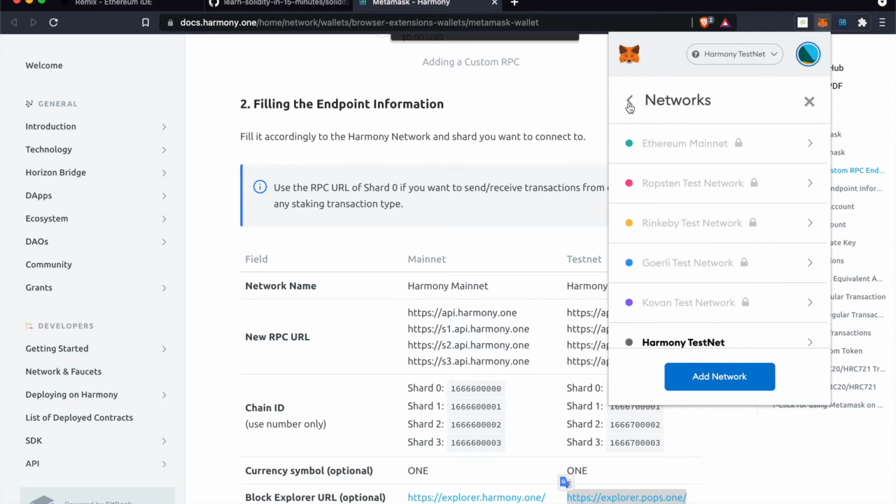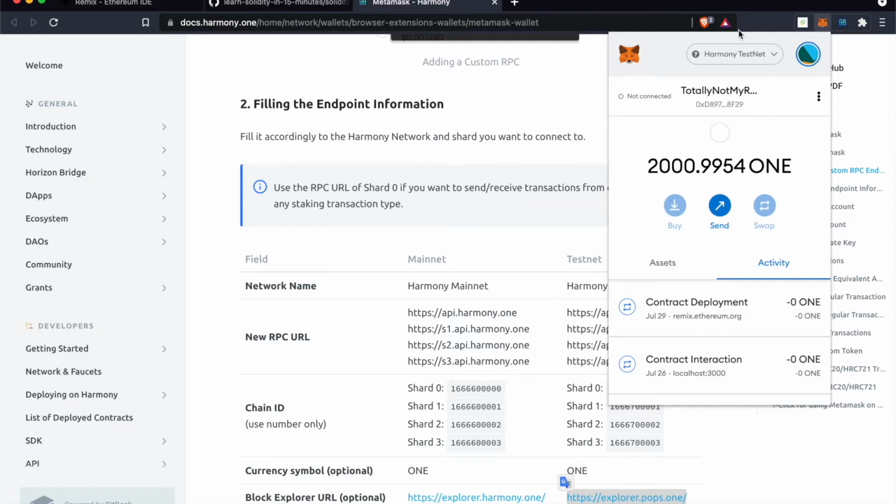and now it's selected. So if we just close this, now we can see our Harmony ONE accounts. I've got a test account already with about 2001 tokens. So there you have it. That's how you configure the Metamask plugin to be able to point to the Harmony ONE testnet. You can do the same thing for the mainnet as well. It's quite straightforward. Just follow the tutorial that's been provided by Harmony ONE in the documentation